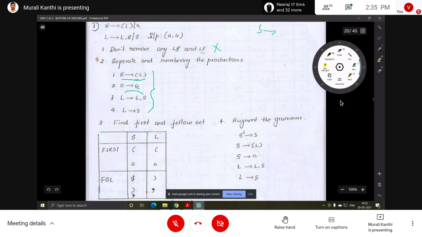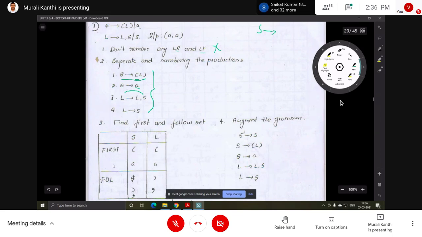So follow of L is closing parenthesis, comma. But in S, we should add dollar. Why dollar? S is the starting symbol of the grammar. That's why dollar is added to S. So follow of S is dollar, closing parenthesis, comma. Follow of L is closing parenthesis, comma.